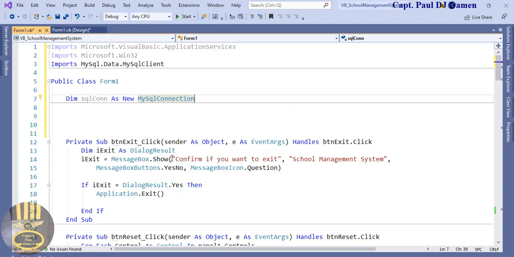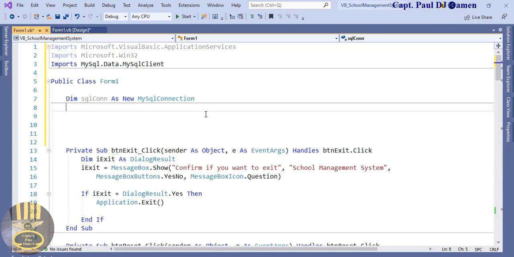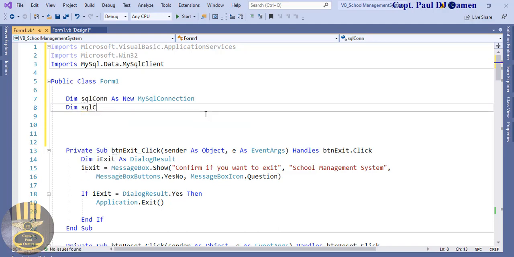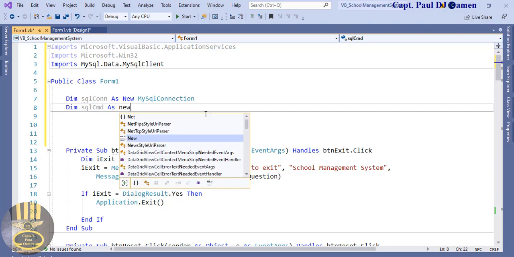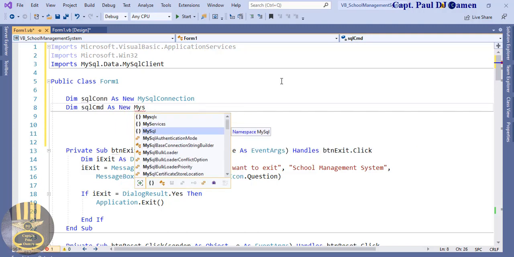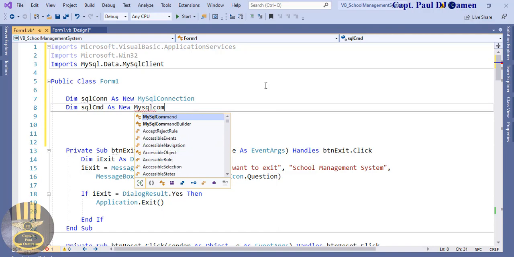All right, one down. Now let's do the same thing for the commands. Dim, so my variable SQLCommand, just like the previous one, equals New MySqlCommand,